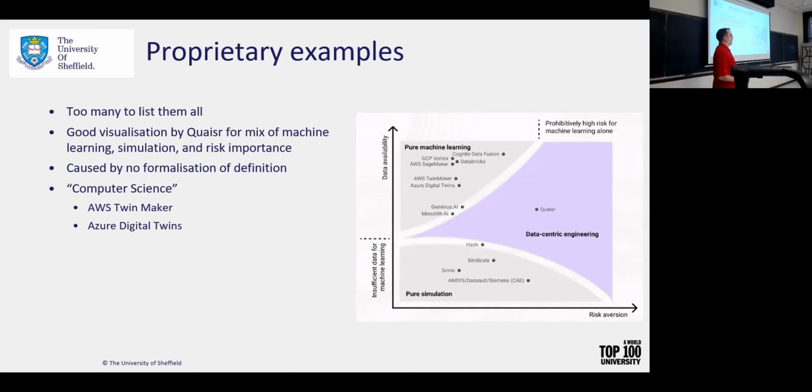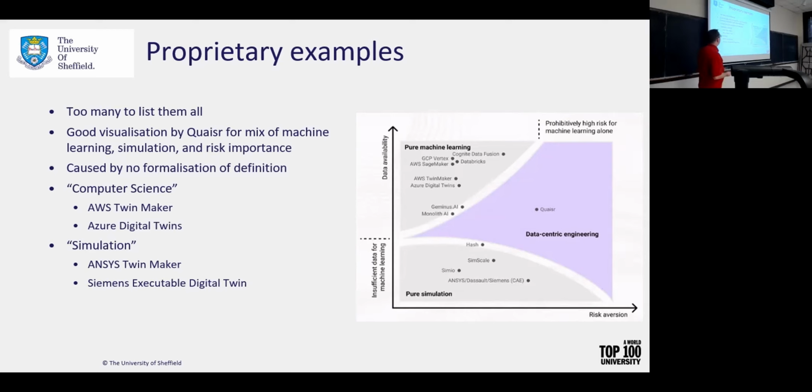So things like AWS TwinMaker, which is the Amazon cloud service, and Azure, which is the Microsoft cloud service, are digital twins. All it does is it takes data, makes a model using machine learning, and comes out with a prediction. So that's more of the computer science, machine learning aspects of digital twins. While there are others that are purely based in simulation, such as ANSYS TwinMaker, which allows you to take a finite element model, create a virtual sensor, and tie that to a physical sensor to see how well those two match up. That is what the ANSYS TwinMaker does, and that's purely based on the finite element analysis and a little bit of IoT.